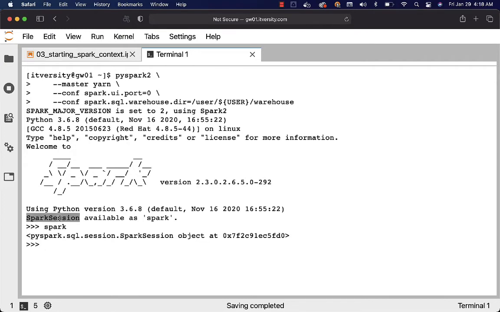Also, the Spark session is available as spark directly. We don't need to worry too much about creating this Spark session object. If you are using the CLI, it will be taken care of for us. You can actually just type spark and hit enter. You will be able to get the type of this spark, which is nothing but SparkSession. It also gives us something called sc, which is of type SparkContext. Using this spark object, we should be able to invoke the APIs that are relevant to create data frames, either from files or collections or RDDs, or even from other types of sources.